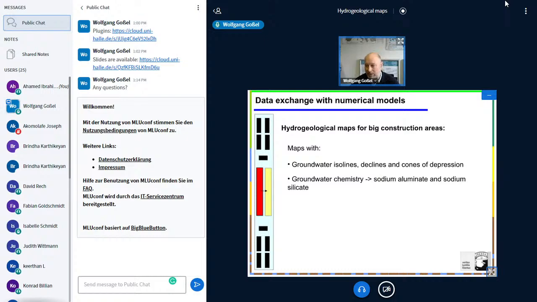If you come with a big construction area aside of this recreation area, where you have a groundwater withdrawal and drawdown, then these trees will dry, and nobody wants this, of course, and therefore you have to protect this. You have to calculate numerical models, show groundwater isolines, and look at the groundwater chemistry in the construction areas, because if you insert some cement, then of course groundwater chemistry will change. Especially in this case they planned to do this without extracting so much groundwater, and this means they had to build